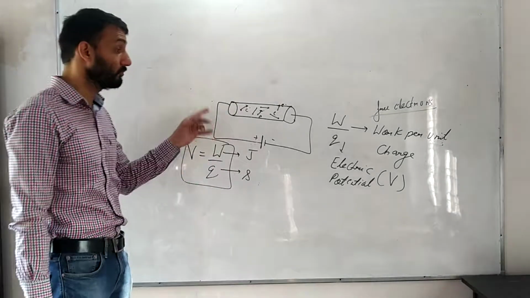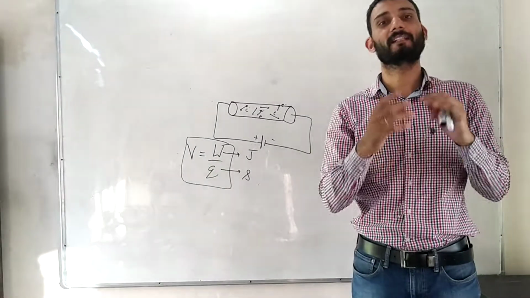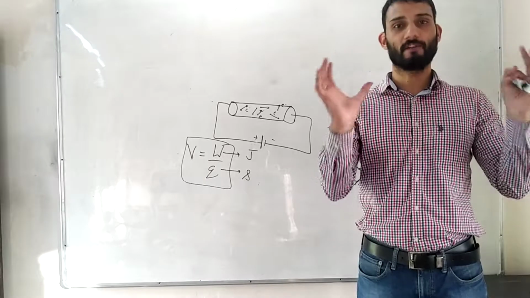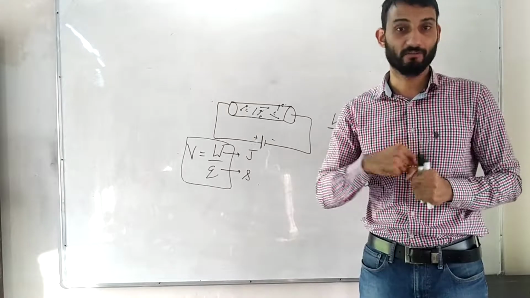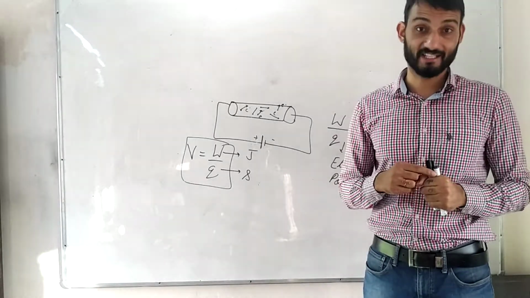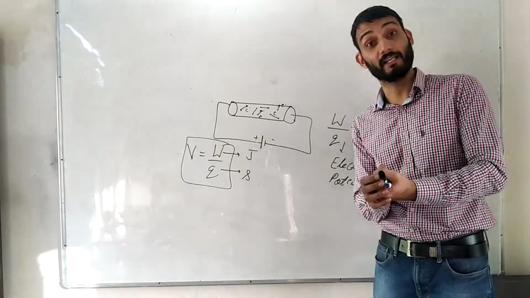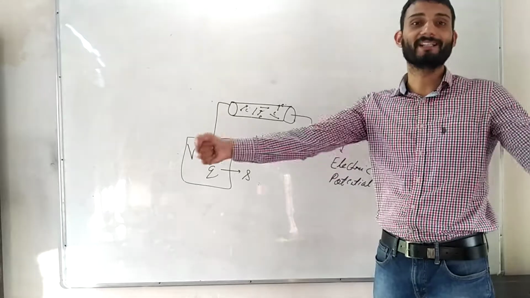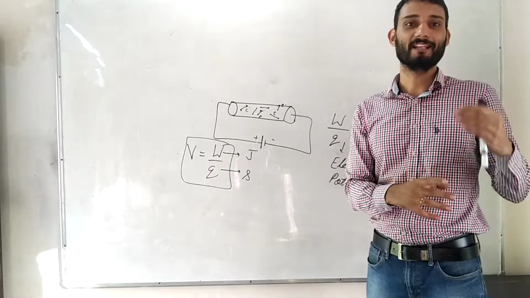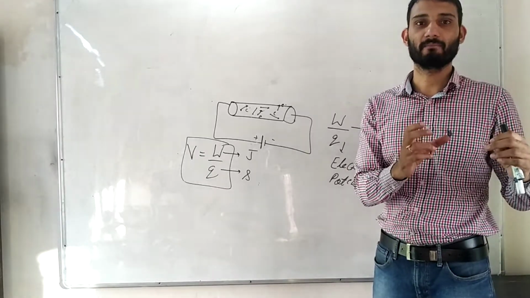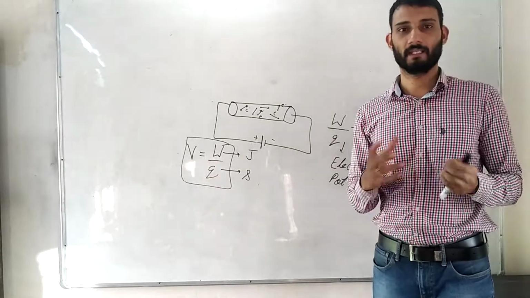Now my question to you in the last class was that whenever these electrons are moving, we know that the conductor has trillions of electrons. So when these electrons are moving in a specific direction, they must be colliding with each other. So when they collide, they lose some energy, and then the battery again has to do some work in order for the electrons to complete their journey. So my question to you was, when they collide and lose some of their energy, this is a very important property of a conductor which we should be aware of. What is this property known as?